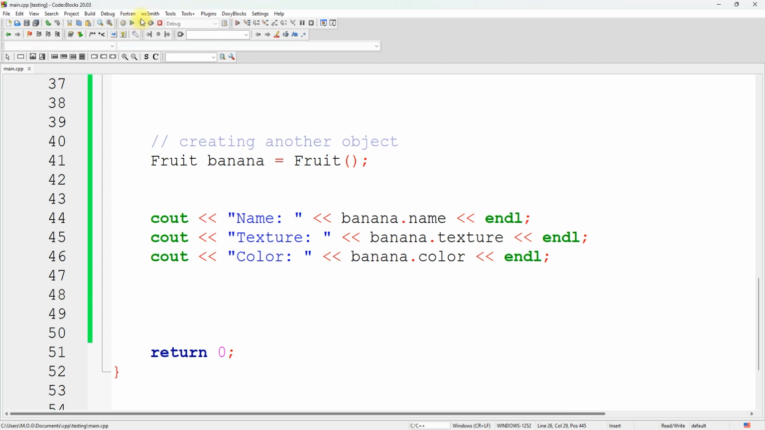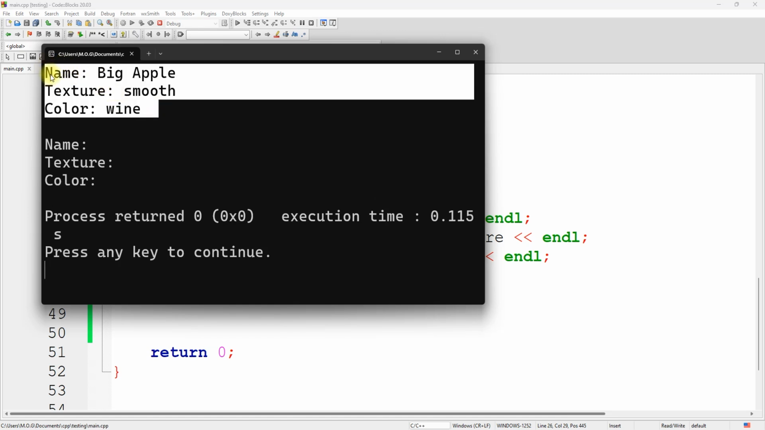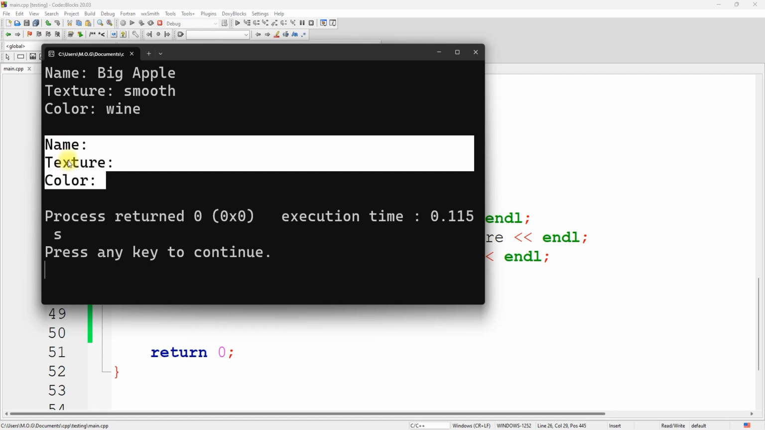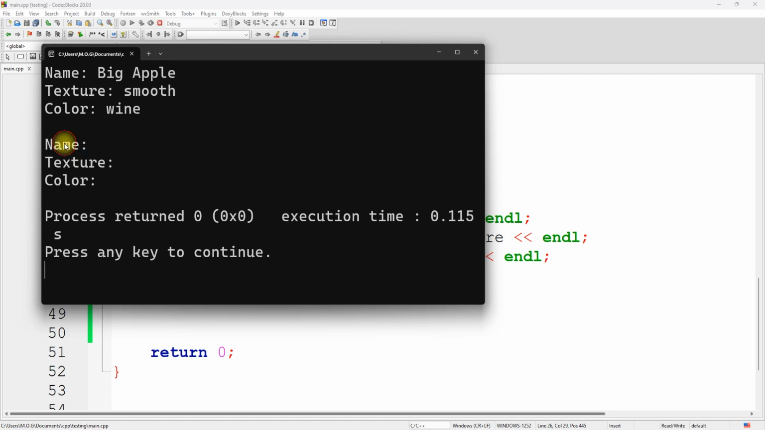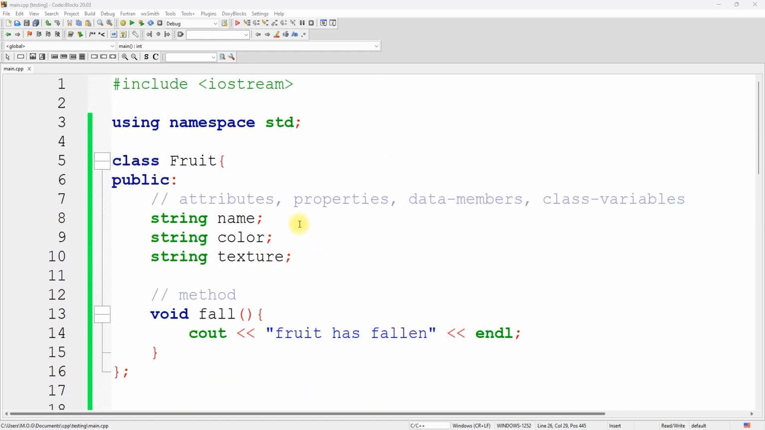Now let me run the program and see. So the first one is for the apple. These are the name and the information. But check the last one, the new object we've created. That object, though it is created, doesn't have any name. It doesn't have any texture and also any color. Okay. And the question is, how do we make sure we give them? We can do that easily by